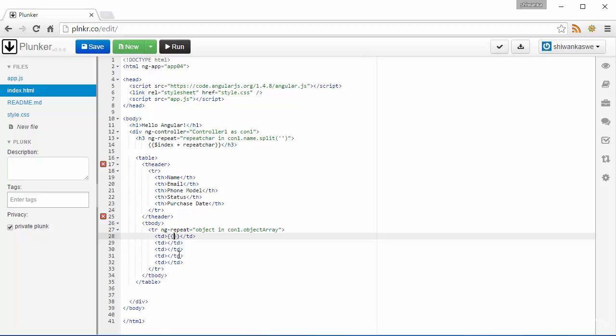I'll assign details into this column: object.name, and the second one is object.email, third one object.phoneModel, and the next one object.status, the last one object.purchaseDate. We will run this and see